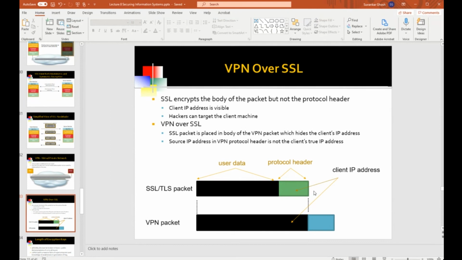The reason being, well, the routers in the internet cloud, they have to look at the protocol header to know where to send the packet to. But the problem is that now the source IP address is visible. So the client's IP address is visible. So this is the problem. This is the red flag. Because when people who want to do bad things to you attack you, they attack your computers.